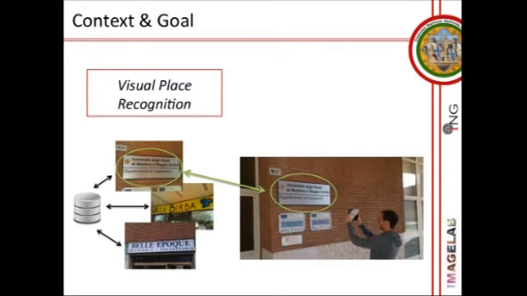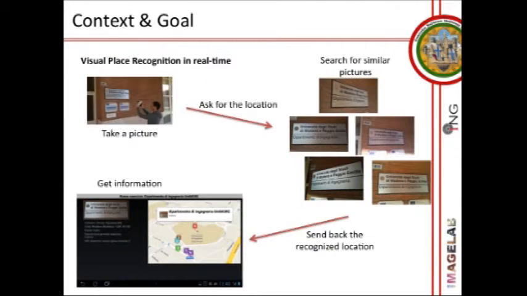I want to be able to be in front of a place, a shop or something, with my cell phone. I want to recognize where I am. Usually now you do it by, if you're in front of a restaurant, you have to search on TripAdvisor or stuff like that. You have to enter the name. It would be much easier and more user-friendly to just take a picture of the logo. And obviously, we want to do this through a smartphone.